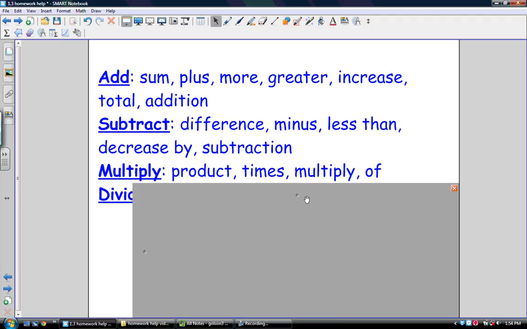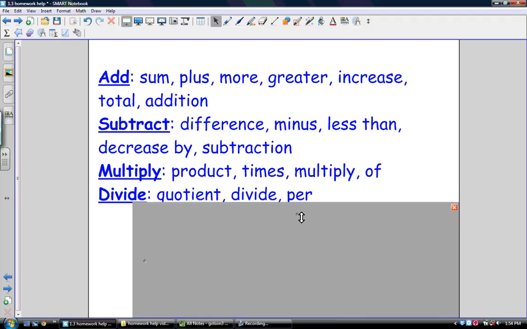And now I want you to do division. So go ahead and pause the video and write down any words you know of that mean to divide. Okay, so there's only a couple of these. Quotient means to divide, and then obviously divide. Anytime you see the word per, now the per you've got to be careful of because per actually means to